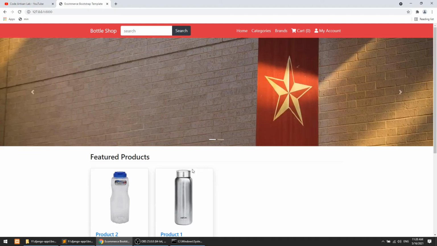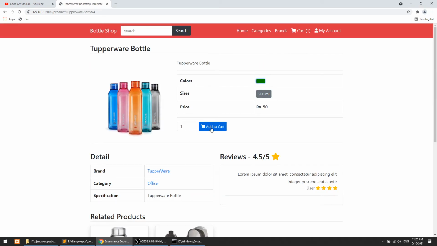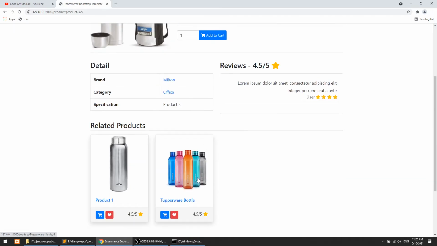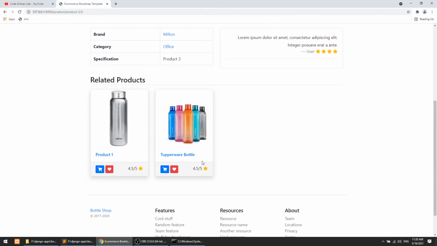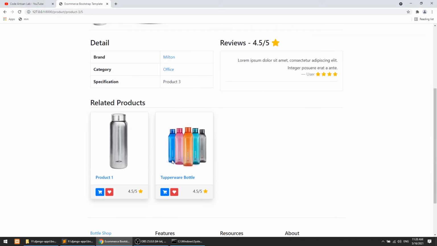We'll go to home, go to this product, add to cart, click on this, add to cart, click on this, add to cart. Obviously we will work on these buttons later, after the cart functionality and after the account functionality.